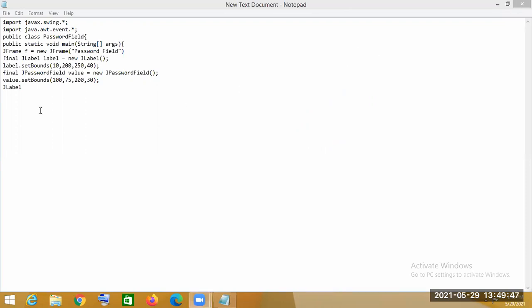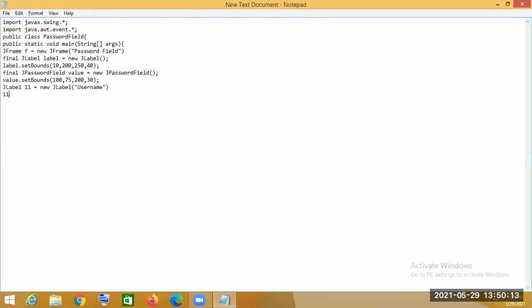So first we create a label object L1, a JLabel, and the name of the label will be username. It will be shown like this.